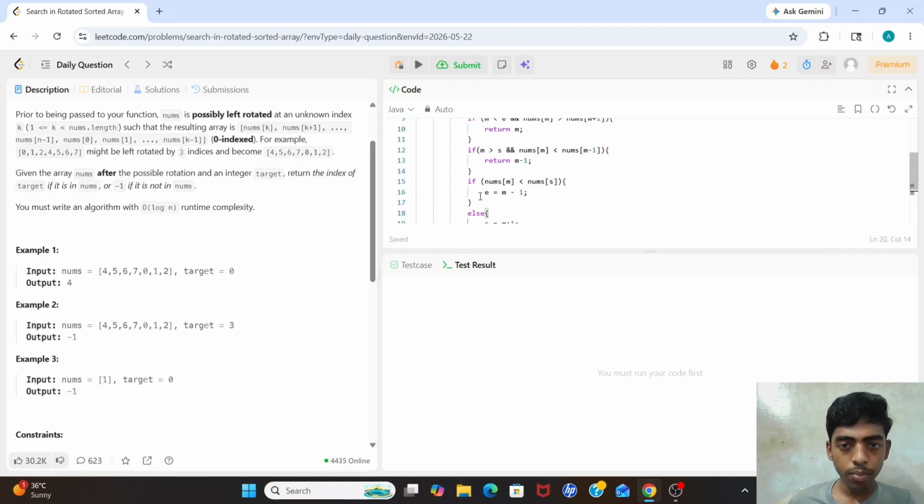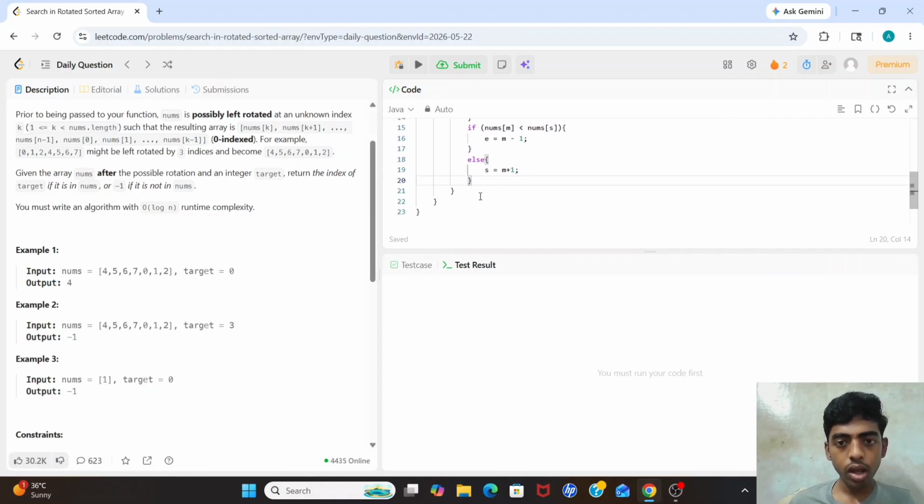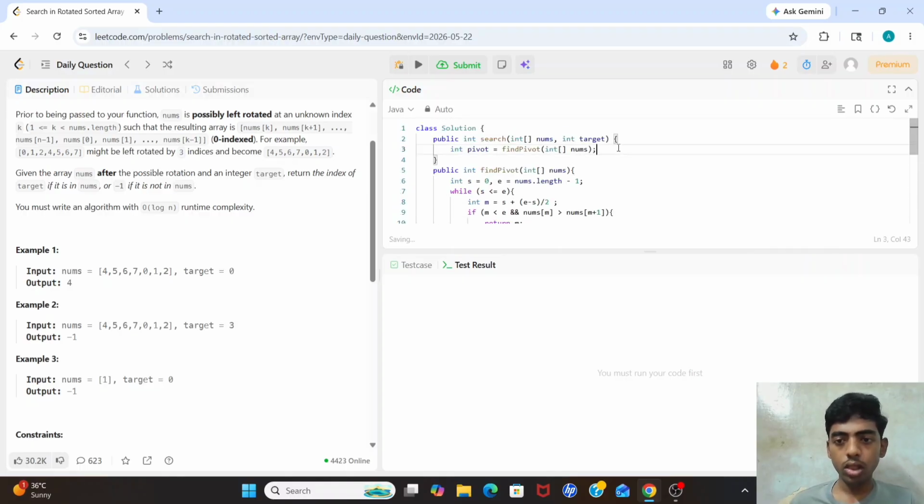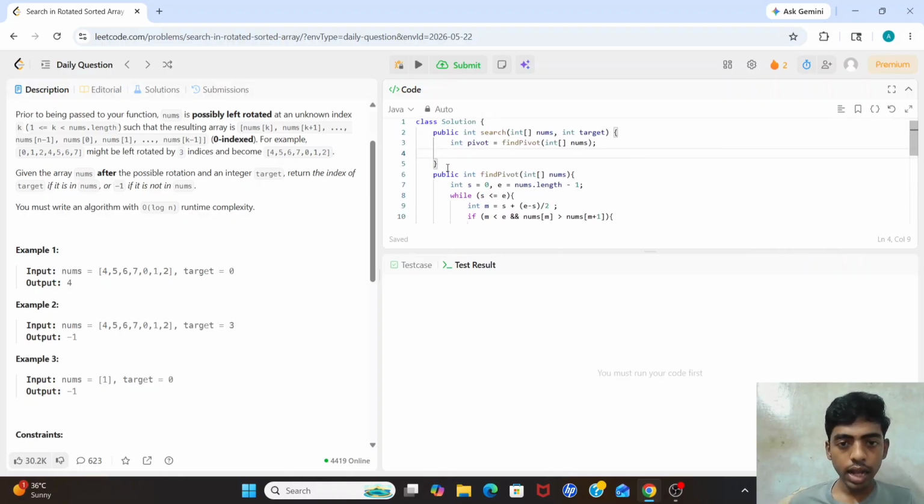If none of them works, what do I need to do? After the loop, I'm just going to return -1. So now I've got this one. Other than this, I also need to have a simple public int binarySearch. This is simple. You just take nums, start index, end index,